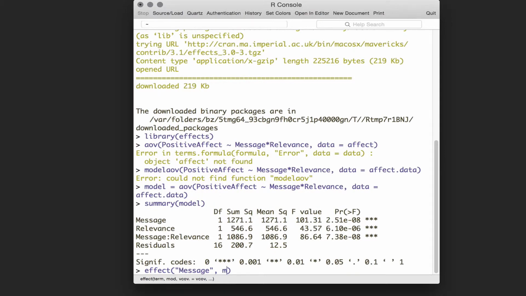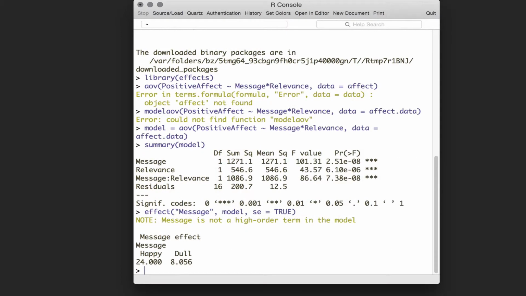Where am I looking for the main effect of message? Well, we put our ANOVA in an object called model, so I'm just going to specify that here. And it's going to tell us, along with our means for each of the groups that are involved in our effect, do we want standard errors for them? And I do, so we're just going to say standard error equals true, and we get